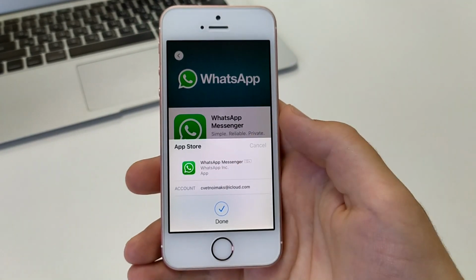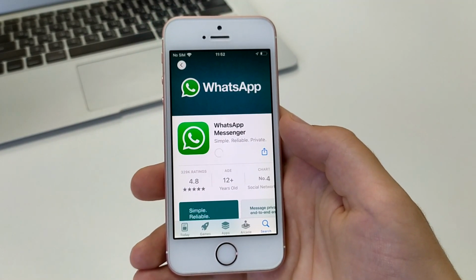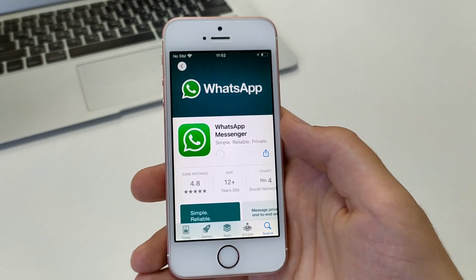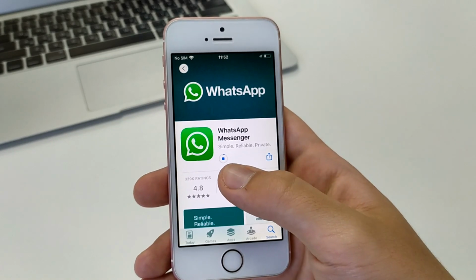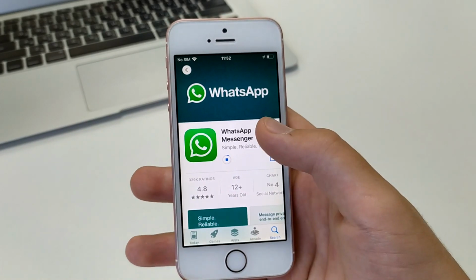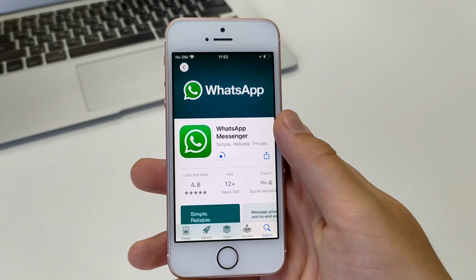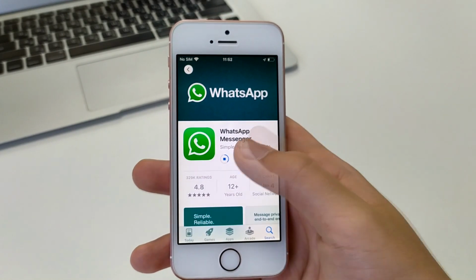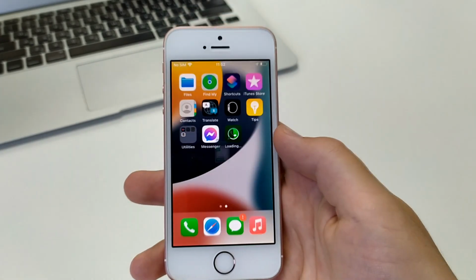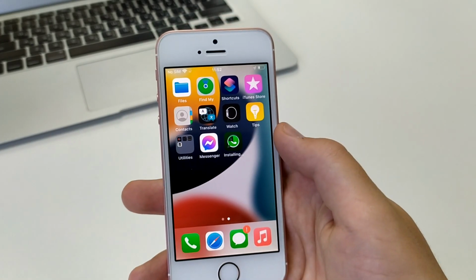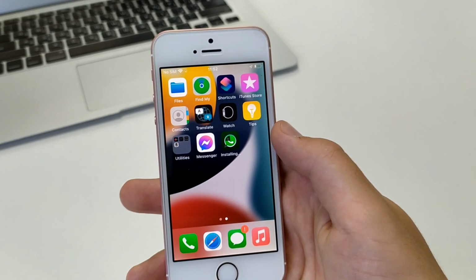Now you have to wait literally about 30 seconds, maybe a minute. It depends on how much the application weighs, and most importantly, it depends on what kind of connection we have. If it's good, it will download very quickly. Let's now wait for the download to go through. As you can see live, we can see how fast the application is downloading. All the application is installed.